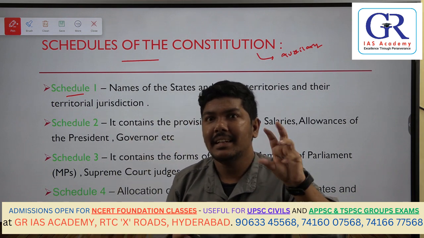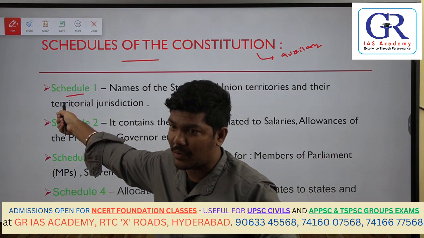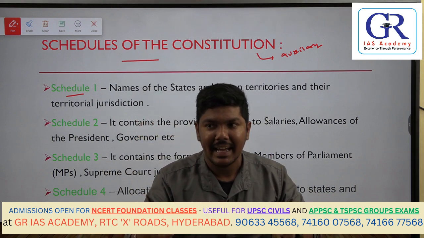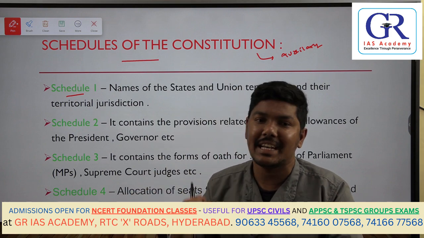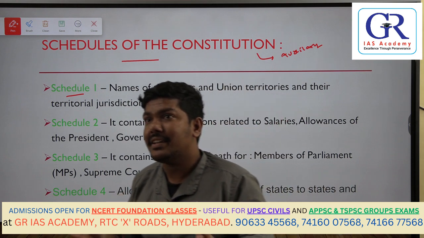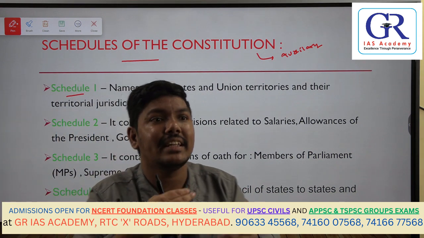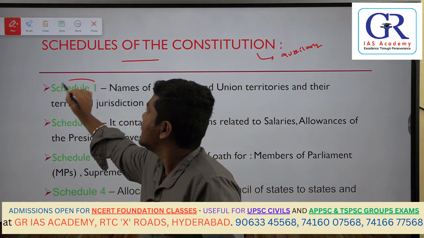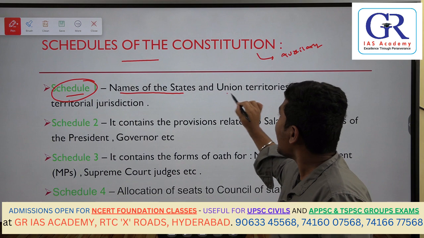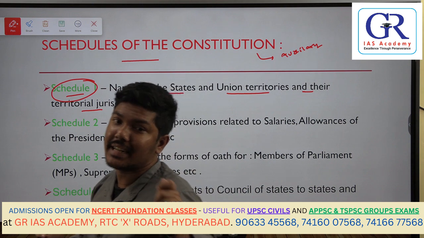Earlier, prior to 2014, we had Andhra Pradesh, and that state is mentioned in schedule number 1. Then the AP Bifurcation Act 2014 came up and Telangana was carved out, which means a new state was created. Now again the schedule has to be updated. So whenever you create new states or new union territories, or even rename them, it has to be updated in schedule number 1 of the Constitution. That was the reason we said that the names of the states and union territories and the extent of their territorial jurisdiction are mentioned in schedule number 1 only.